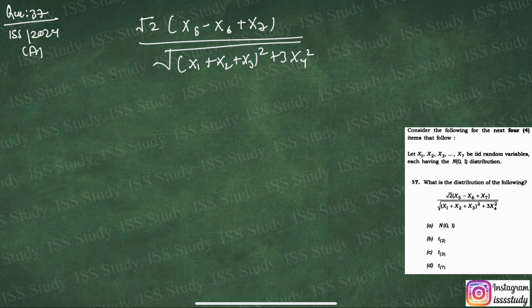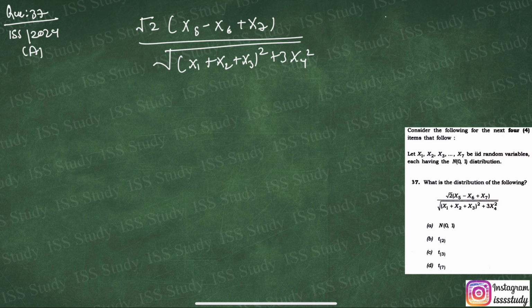Now this is a very easy question. First of all, we are going to find the distribution of the numerator and of the denominator. So this is very easy if you know the concept, if you have learned chapter number 9, where we discussed all about the continuous distributions, including the normal distribution. As for my paid batch students, you all know it because we have already learned it in our live classes. So we know how to use the properties of a normal distribution or a standard normal variate.